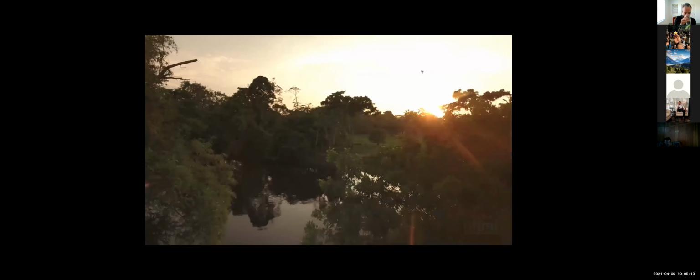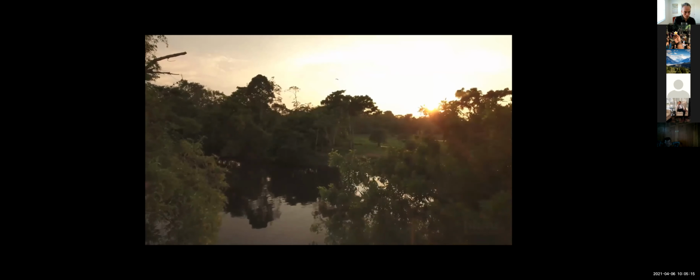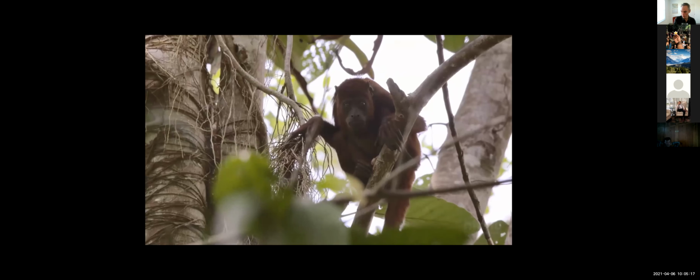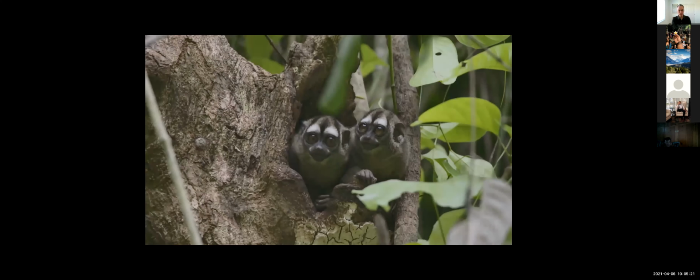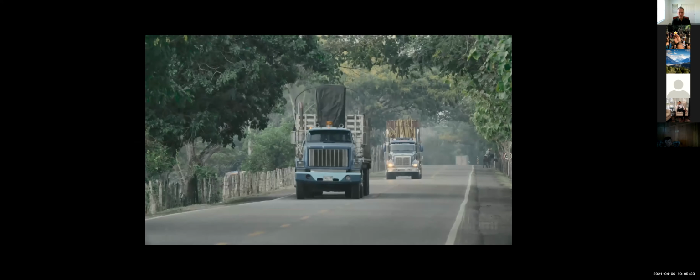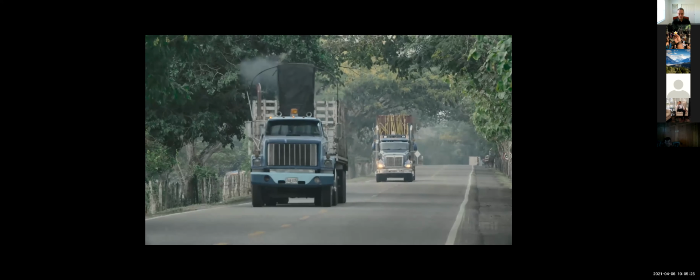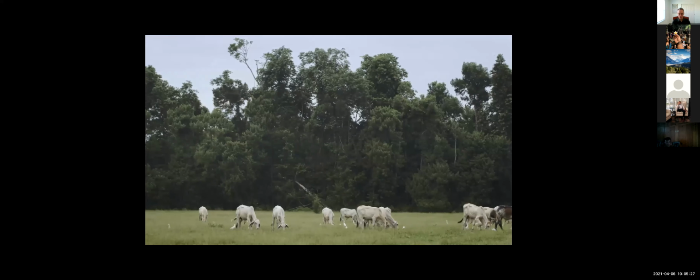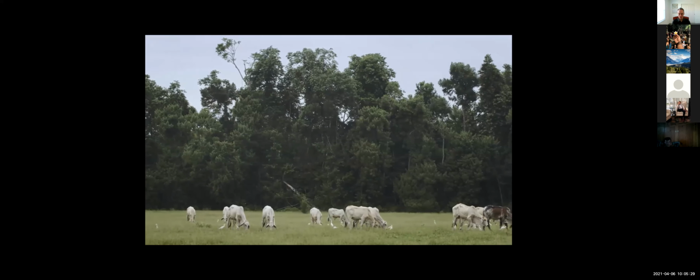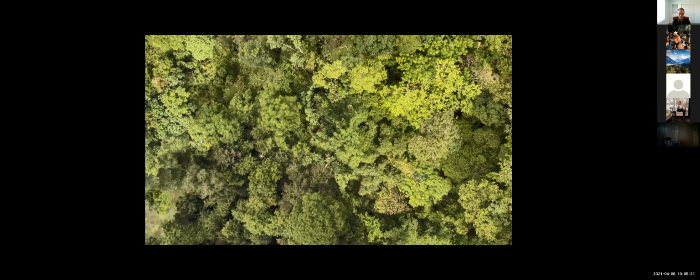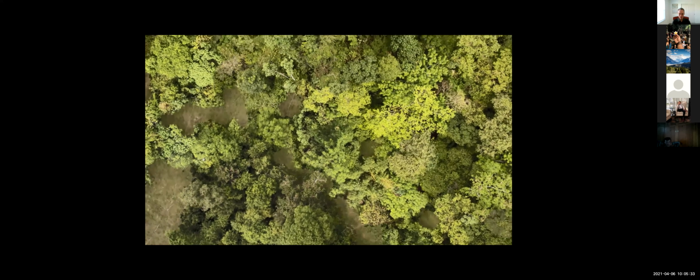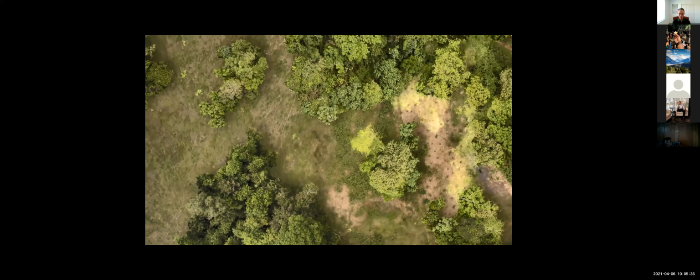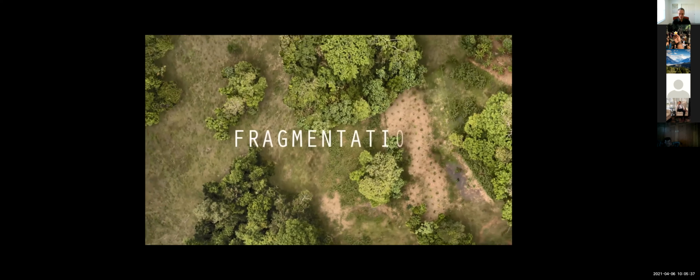The tropical forests of Colombia are home to a myriad of plant and animal species. Like many of the world's forests, this one in the Middle Magdalena Valley is also under threat. As Colombia's human population grows, huge swaths of forest are cleared for farmland and cattle ranches. The remaining patches of forest become fewer and further apart from each other in a process ecologists call habitat fragmentation.